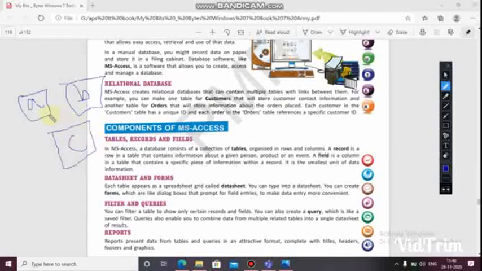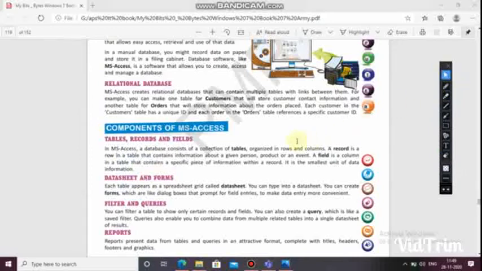So query will take the common information from these and put it in D, okay. So this thing is done in filter and queries.